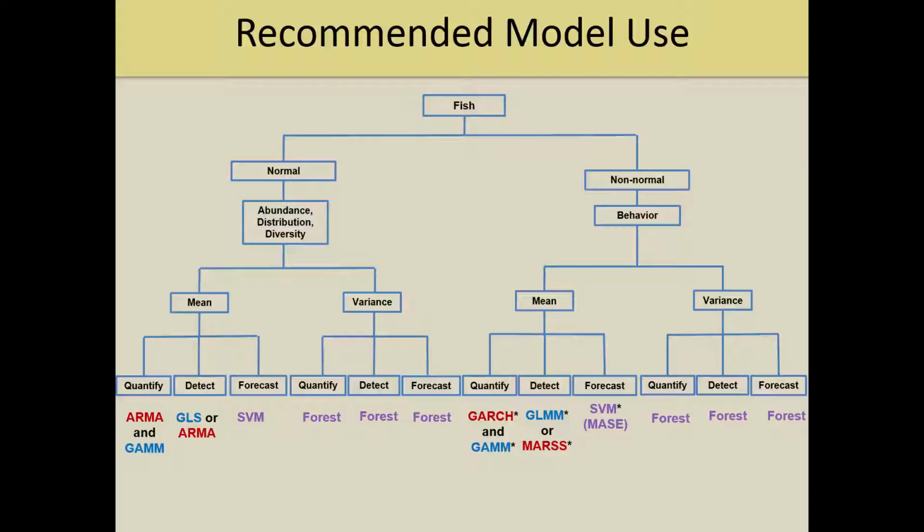When you go through all those simulations and all of the fitting, all the forecasting, and looking at all of the results for those 3 metrics, this is the tree that we came up with. And it's not a quantitative tree, it's a schematic to indicate, given your receptor, fish, generic fish, where you're looking at normal or non-normal data. Those attributes, abundance, distribution, diversity, all typically had normal distributions, where the behavior had a non-normal distribution in the